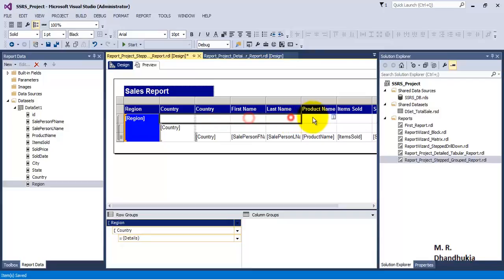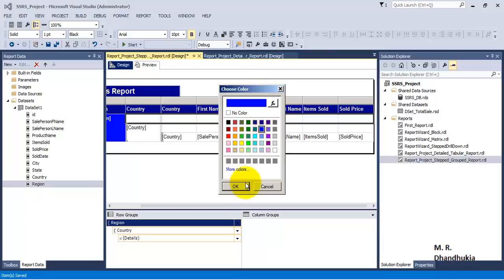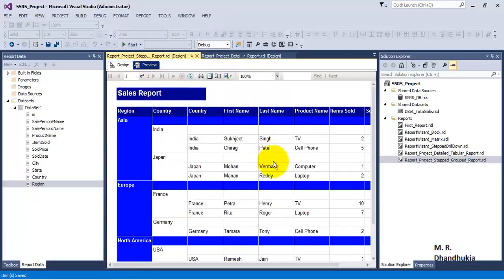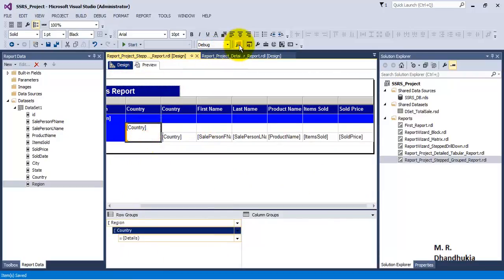Let's hold the shift key and do the same kind of formatting for these rows also. Okay, we can see the preview. So we have Asia, Europe and North America, that is continent, that is region, and inside that we have data for the corresponding countries. Now let's do some formatting for country also.